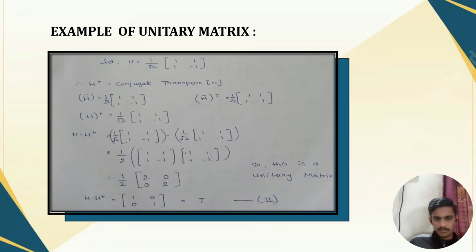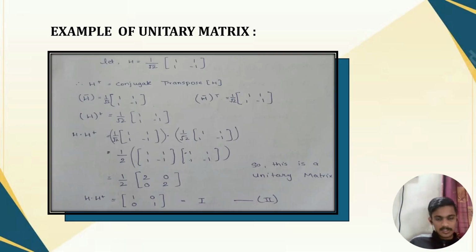So this will become 1 by 2 times 2 0 0 2, and the 2 and 2 get cancelled, so it becomes 1 0 0 1. So H dot H dagger is equal to 1 0 0 1, which is known as the identity matrix. And here our property is true,